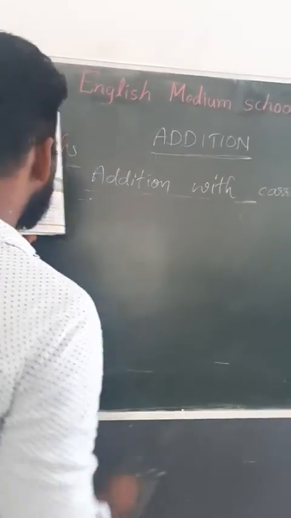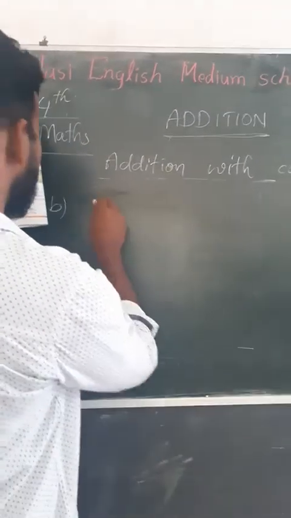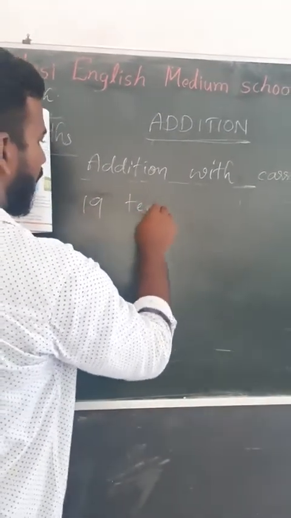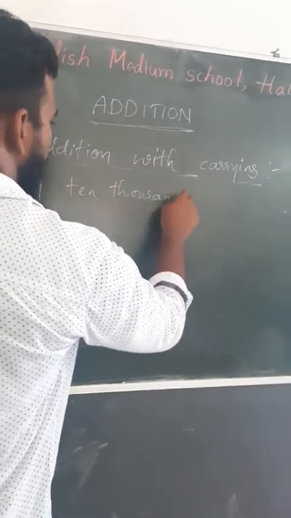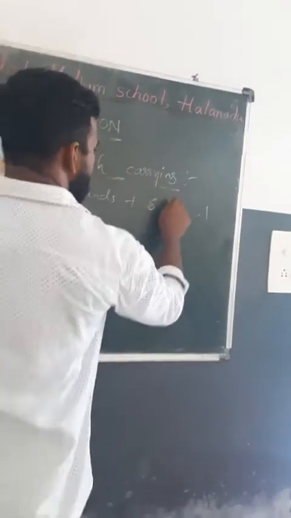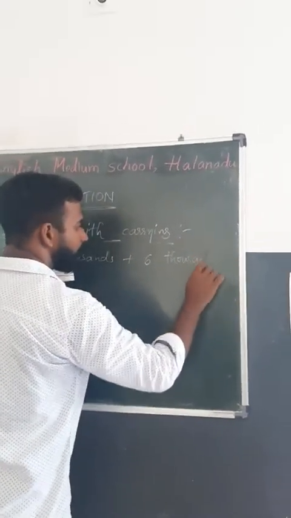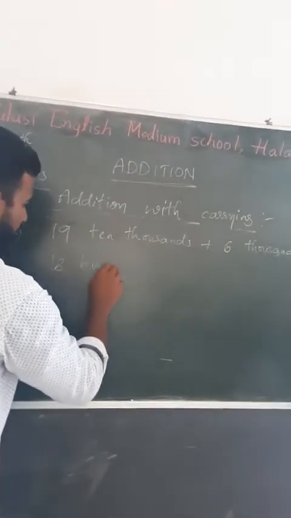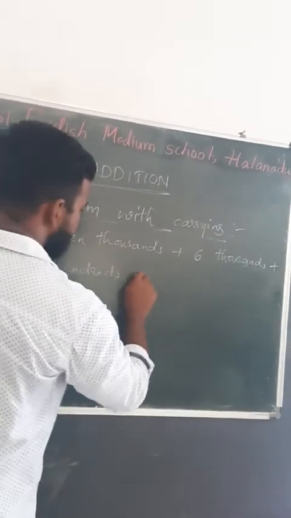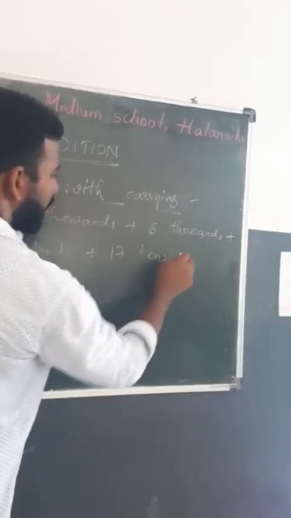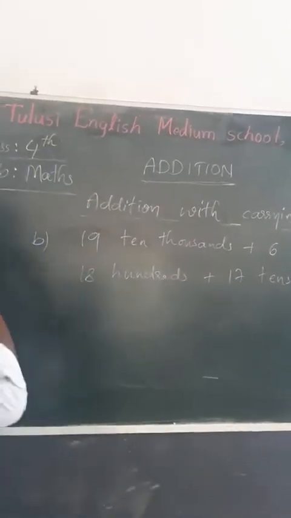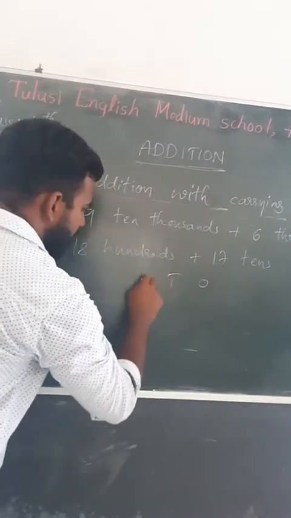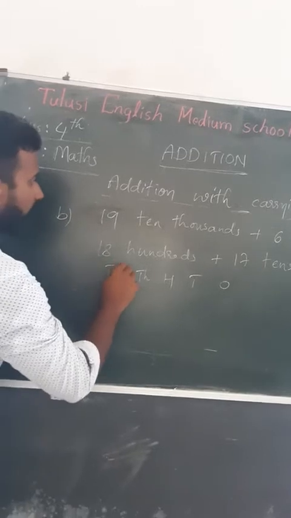So ones I'm doing. 19 ten thousands plus 6,000 plus 1,800 plus 17 tens. Ones, tens, 100, 1,000, 10,000,